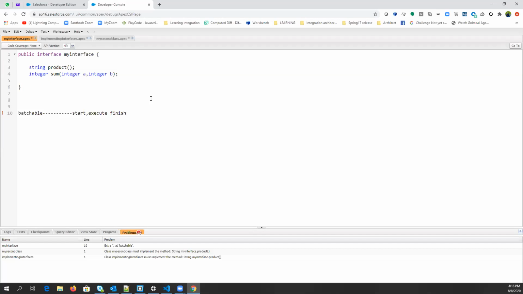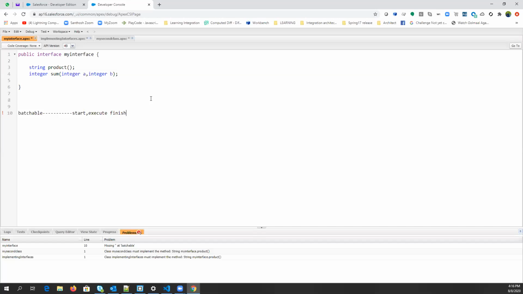These three methods have different logics. In start, you need to pass the query by which you will get the data for execution. In the execute method, you will write the complete logic related to that execution. And in the finish method, if you want to send an email to yourself and any other person to inform them that this particular execution is completed, you can do that.